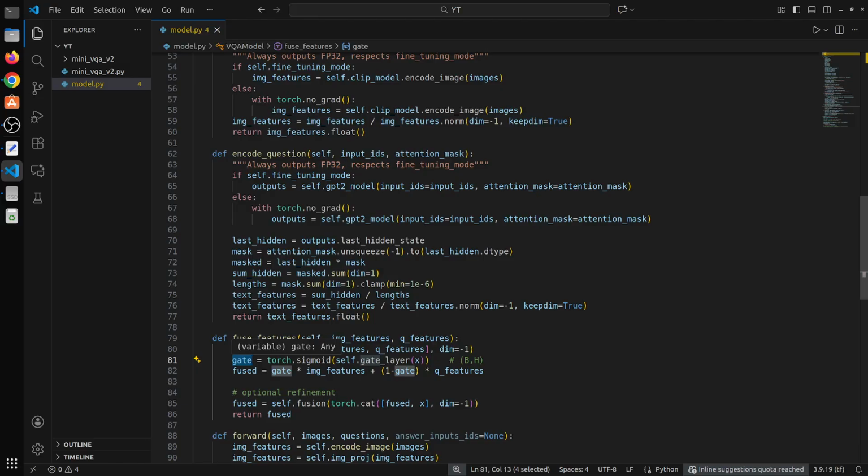Let's say if the gate is near 1, it focuses more on the image, because see, first is image. If the gate is near 0, it would focus more on the question. And let's say it's 0.5, it's going to focus equally on both. So this is how it works. Over time it learns and tries to compensate information from both image and question. And it could also be the case that it may only use one at a time. This is automatic, but